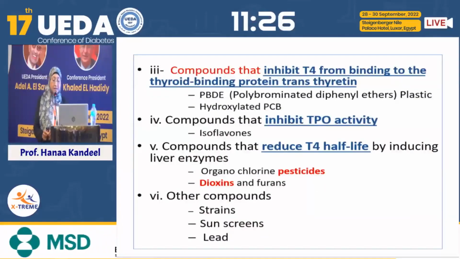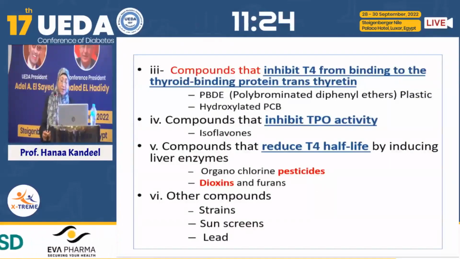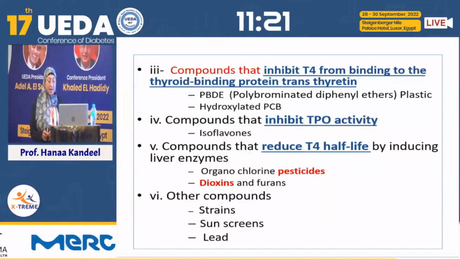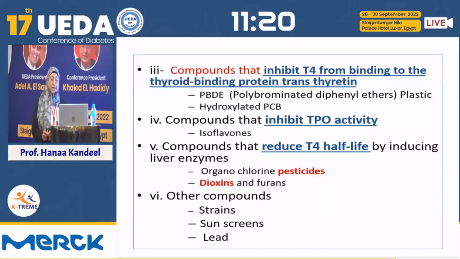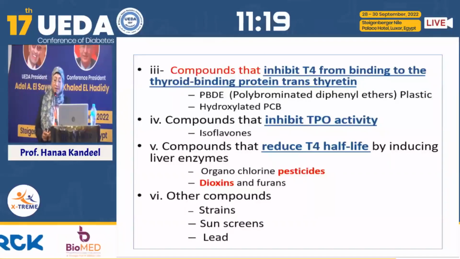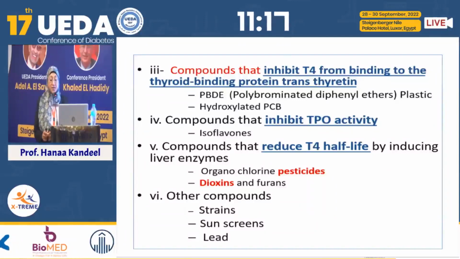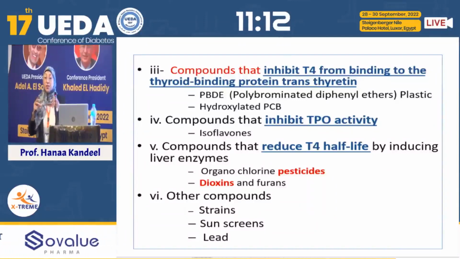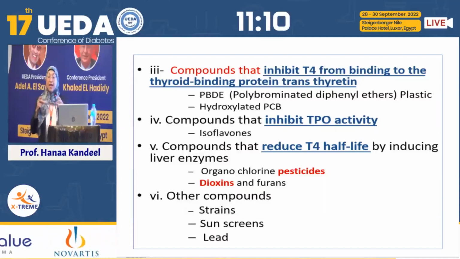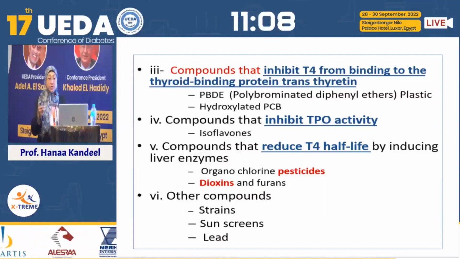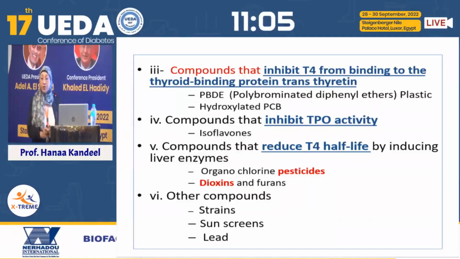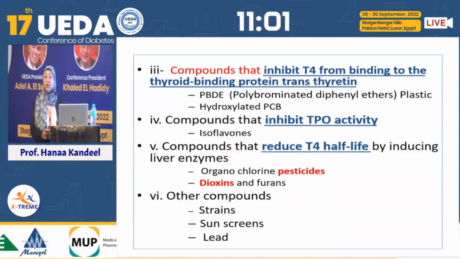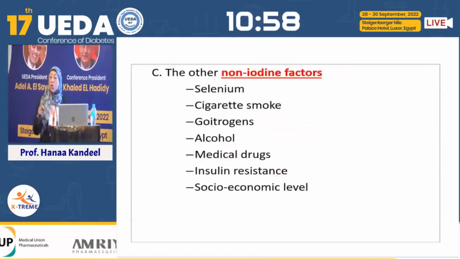There is some dangerous problem like the dioxin and the polybromide diethyl esters, which is a plastic substance present in the feeding bottles of young children, and also present in the plastic bottles of water which we use. It contains a pollutant substance which leads to multinodular goiter, and this is the cause why this problem has become common